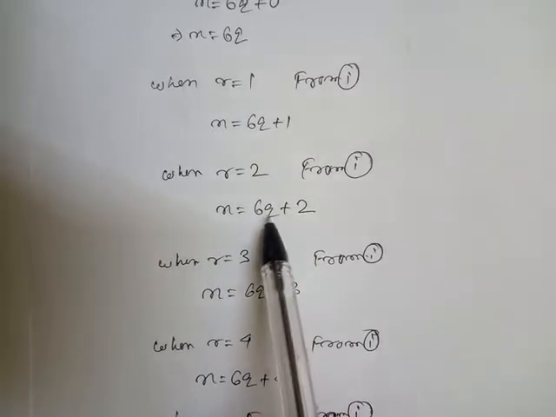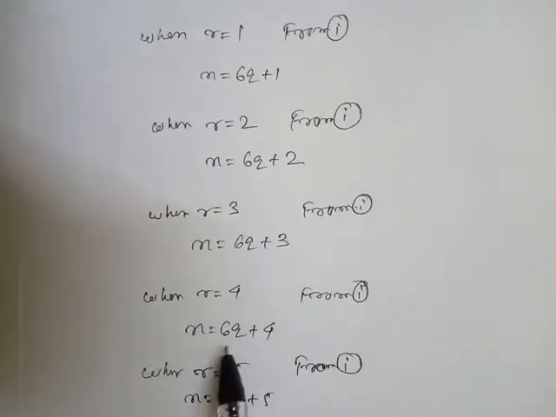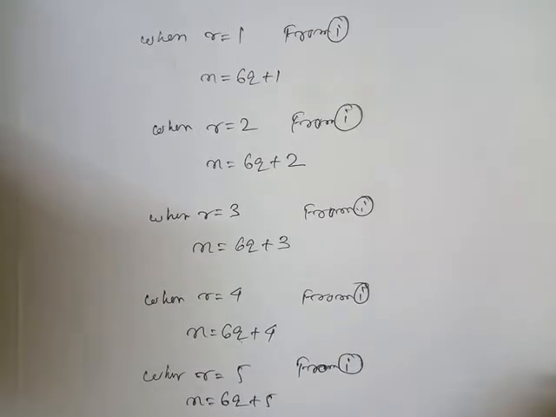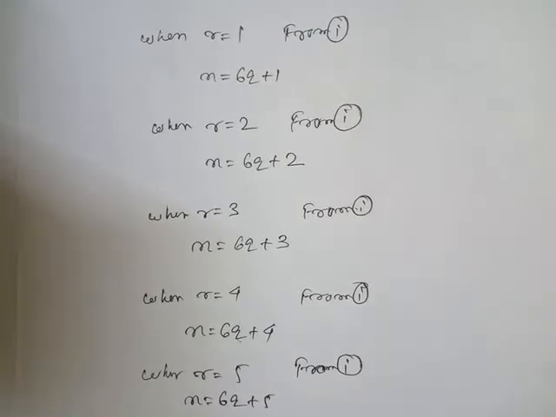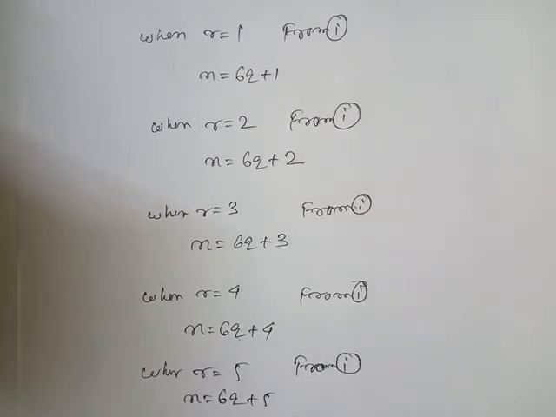Value of q is 2, 6 twos are 12 plus 2 means 14, even number. Now look, value of q is 1 here, 6 plus 4 is 10, even number. Value of q is 2, 12 plus 4 is 16, even number. Now look, whenever I put the values 0, 2 and 4, we always get even numbers. But whenever I put the values 1, 3 and 5, we always get odd numbers. And in the question also it is mentioned any positive odd integer, so we'll take the values of odd integers only. Now look student, here I will write